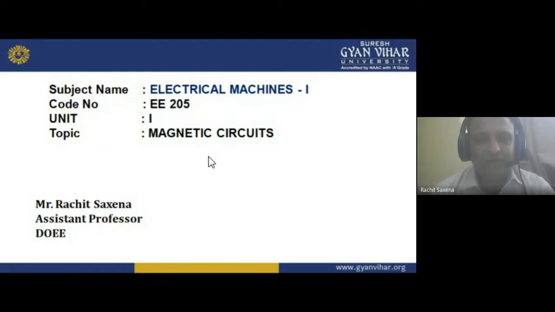If we want to lift something, move something, or push something from one end to another end, we need a force and a displacement. That force and displacement are multiplied, the cross of it, and we can convert it into torque. So we need force and displacement, which is a representation of mechanical power.